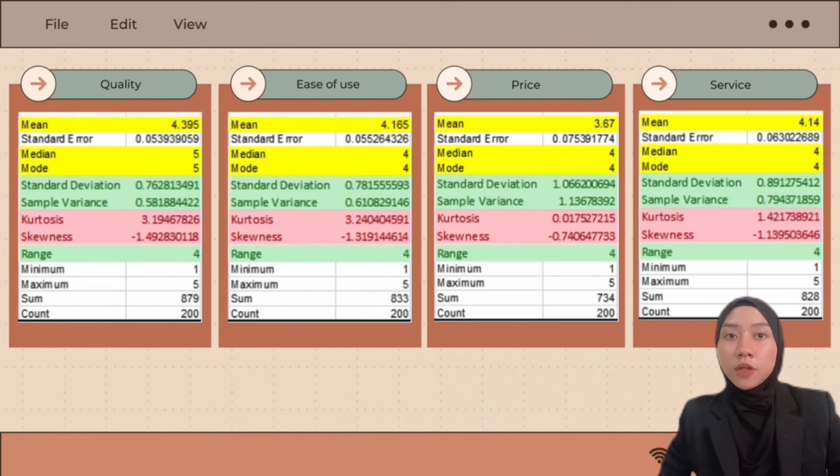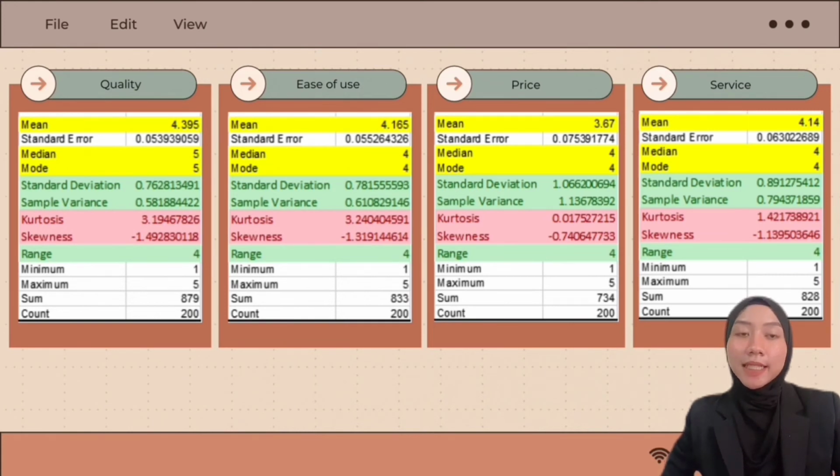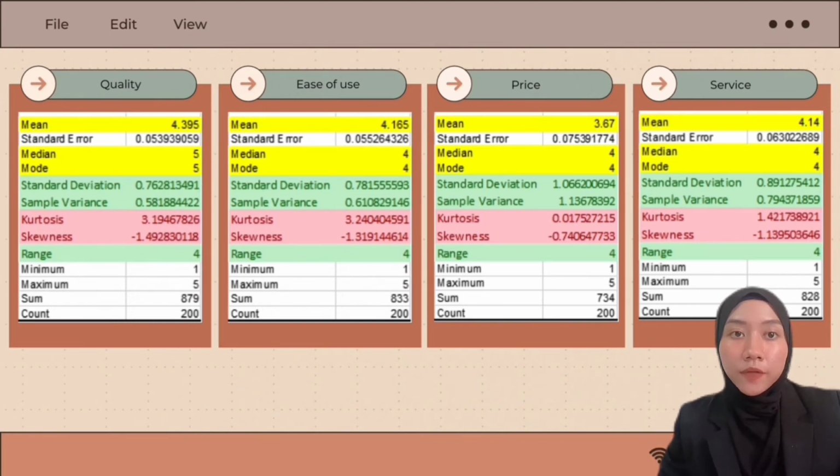Then measures of dispersion, which means how data is spread out. Firstly, range means the difference between the highest and lowest value. Secondly, variance, which is how widely observations vary. And lastly, standard deviation, which shows how far observations are from the sample average. For the range, quality is 4, ease of use 4, price 4, and service also 4. For the variance, quality 0.5819